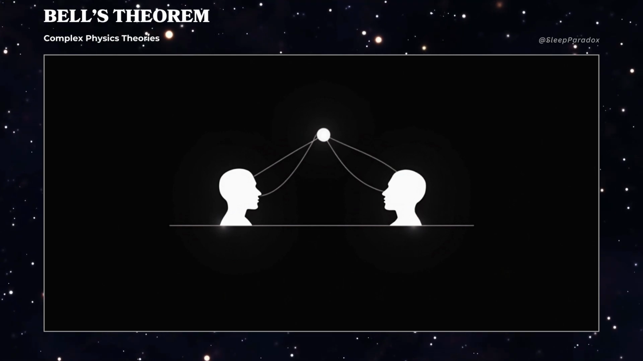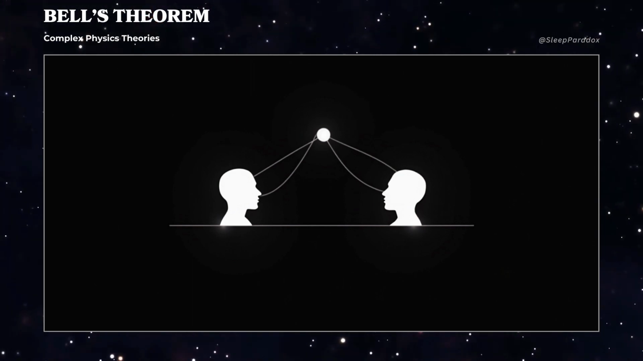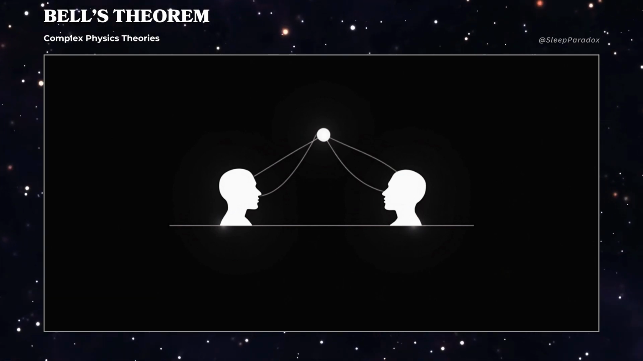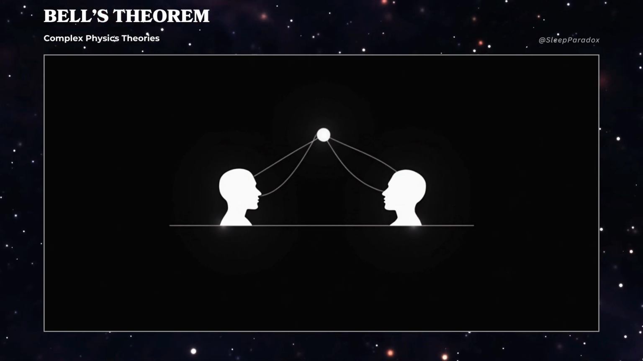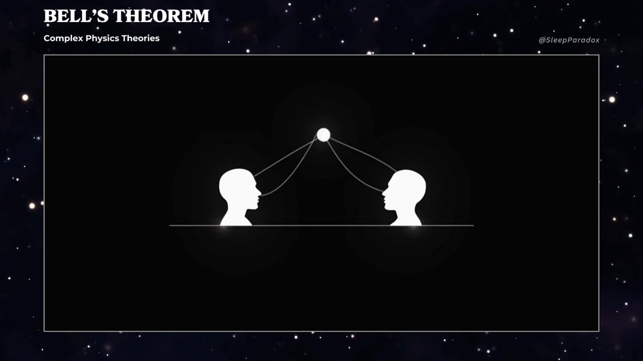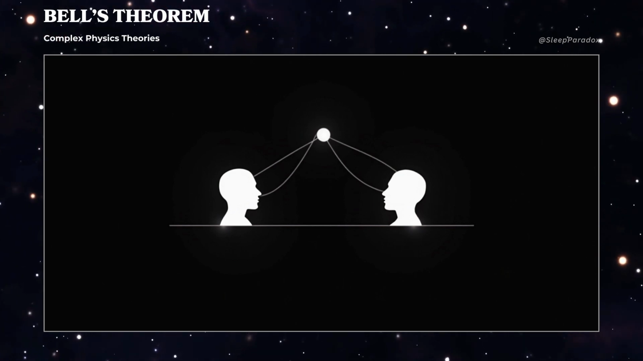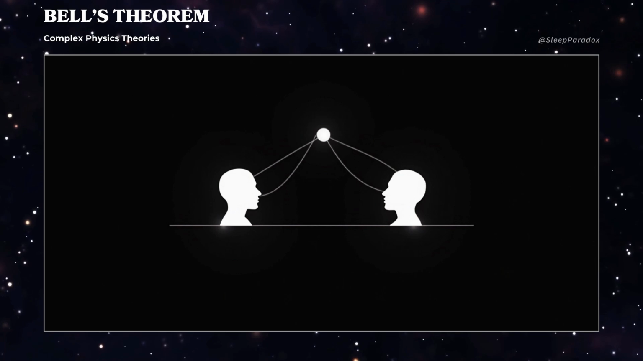So what does this mean? First, it tells us that hidden variable theories that try to preserve classical intuition cannot explain quantum behavior, at least not without giving up on locality. And second, it confirms that entangled particles behave in a way that is genuinely non-local. The outcome of a measurement on one particle is instantly correlated with the outcome on the other, no matter the